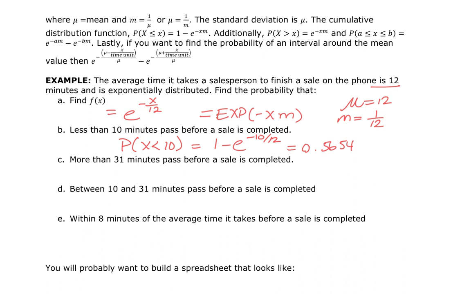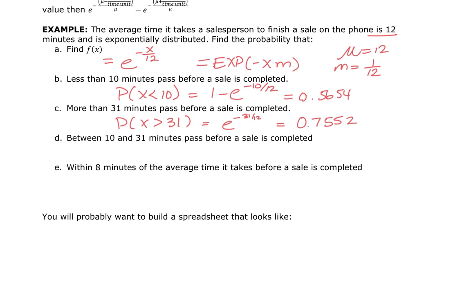0.5654. We want to know more than 31 minutes pass before it's completed. So this is P of X is greater than 31. And this is simply going to be E raised to the negative 31 over 12, which, again, using the spreadsheet, I'd have 0.07552. If I wanted to know between 10 and 31 minutes passed, then I'd be looking for the probability of